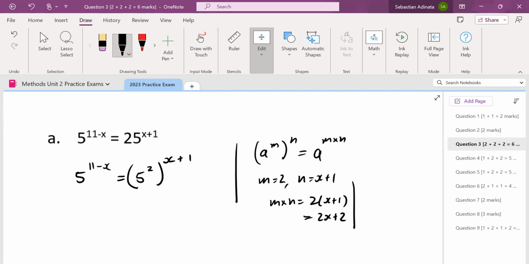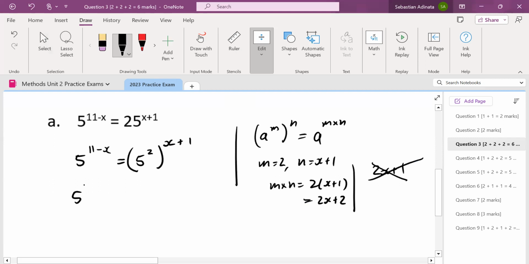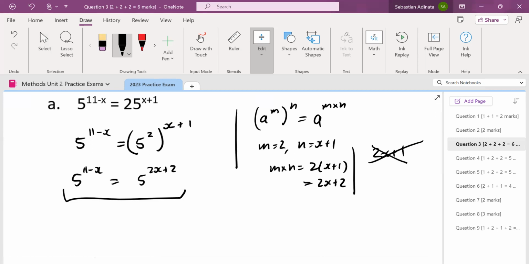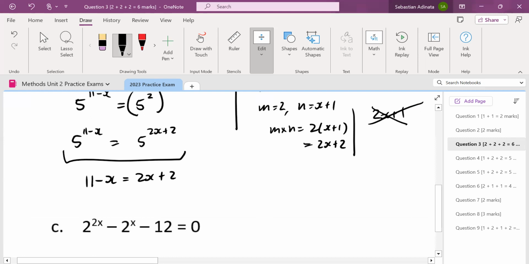A common mistake would be 2x plus 1. Incorrect. So let's expand 2x plus 2. Now this looks much easier for us to solve. So 5 to the 11 minus x equals 5 to the 2x plus 2, meaning 11 minus x is equal to 2x plus 2. Simple algebra,